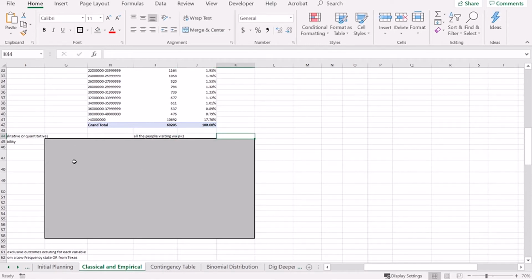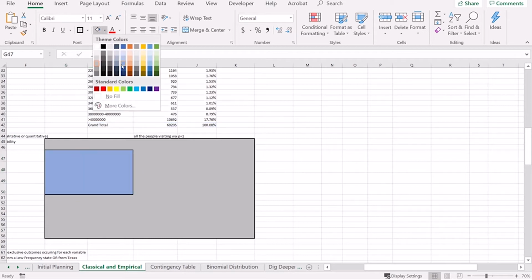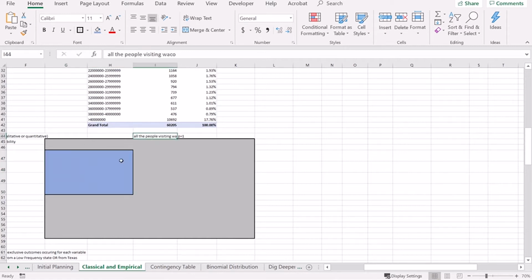Now, we have two more boxes. Okay, we've got this box right here, and this is the probability of an individual visiting the silos. They're blue, right? That's what they do. They do blue. Okay, and then right here is the probability,